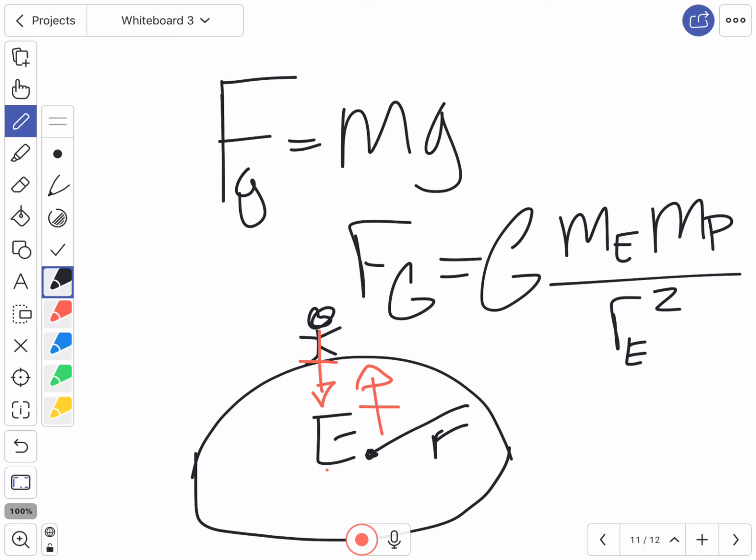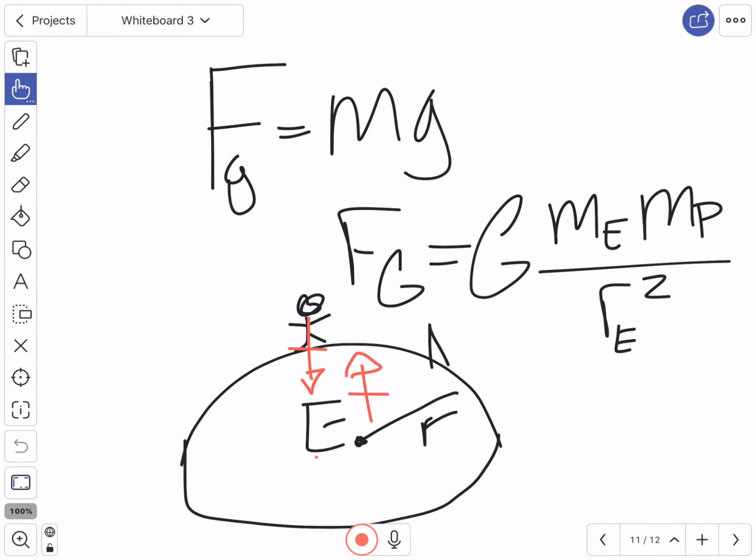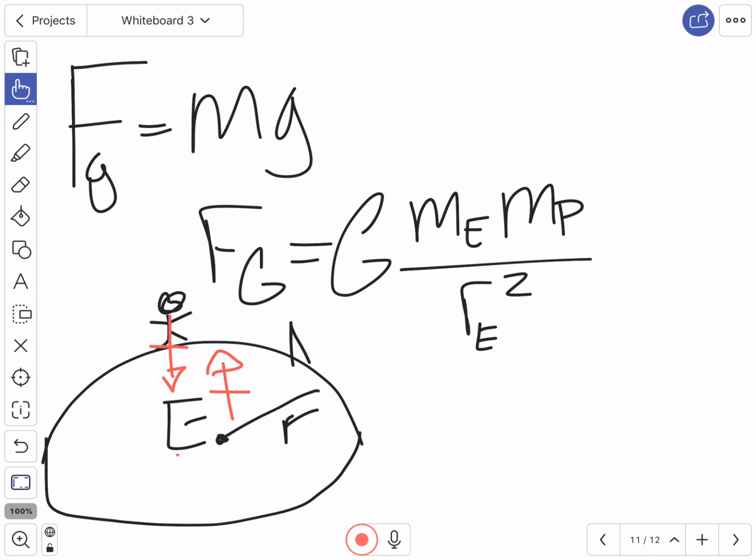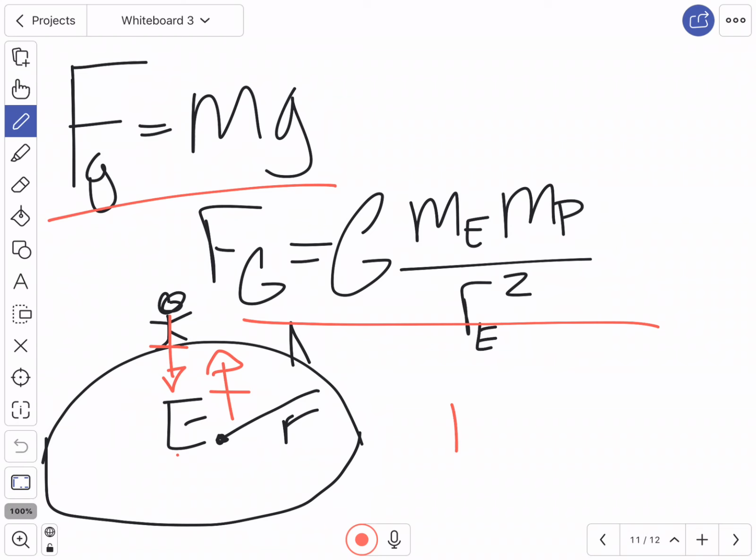Now, I'm going to show you something really cool. And for some reason, when people get to me in AP Physics 2, they're like, my teacher never showed me this. So I want to make sure we get this, right? This is going to solve for your force of gravity correctly. This is also going to solve for your force of gravity correctly. So what that means is that Fg and Fg for a person standing on the surface of the Earth must be exactly the same. Everybody cool with that?